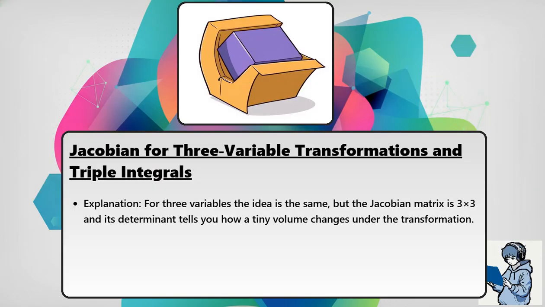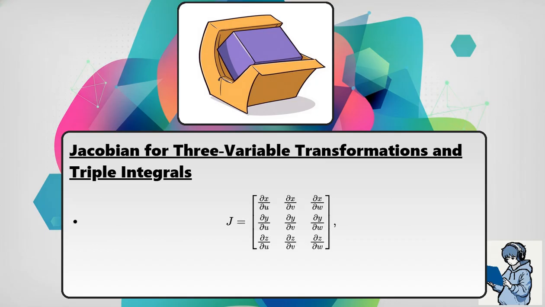Explanation: for three variables the idea is the same, but the Jacobian matrix is 3 by 3, and its determinant tells you how a tiny volume changes under the transformation. If x equals x of u, v, w, y equals y of u, v, w, z equals z of u, v, w, then J equals a 3 by